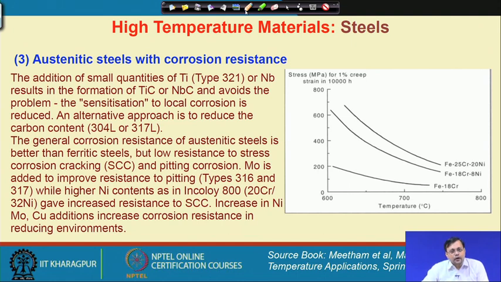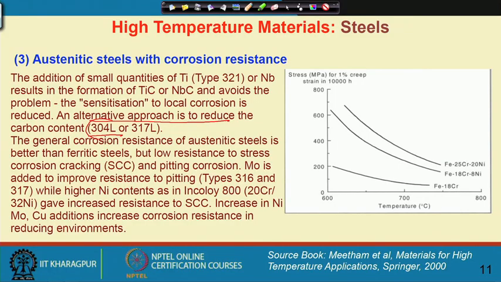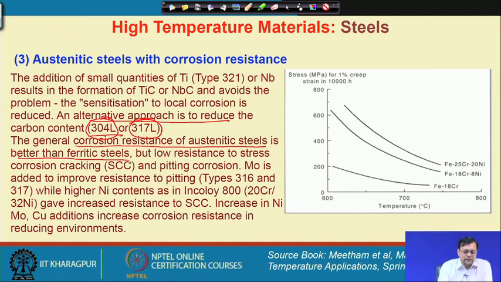However, we can avoid precipitation at the grain boundary, where we get the carbide precipitate inside the grain body, so that it can be avoided. So, an alternative approach here is to reduce the carbon content, like low carbon content, where L stands for low carbon content. However, the general corrosion resistance of austenitic steel is much higher than the ferritic steels, that is already well proved, but there is low resistance to stress corrosion cracking or pitting type of corrosion, and here molybdenum is used